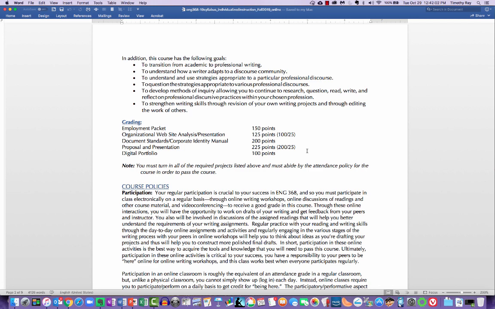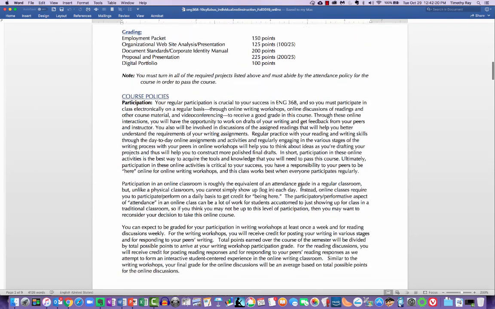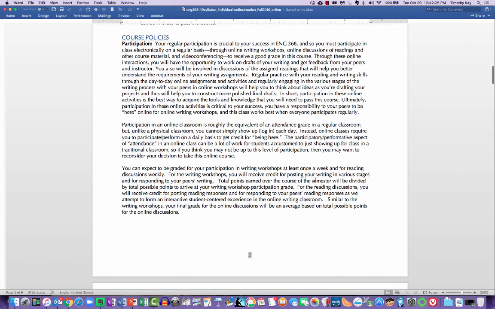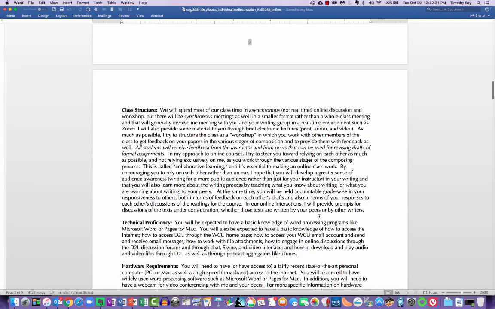So those are the major projects, and we're going to kind of start in terms of applying for a job. But we can also build upon these projects, and you're going to create some fairly sophisticated documents by the time the class is over. Okay, so moving along, we get down into course policies, and I'm going to let you read most of that on your own, since this is individualized instruction. Many of the policies may not apply in this situation.